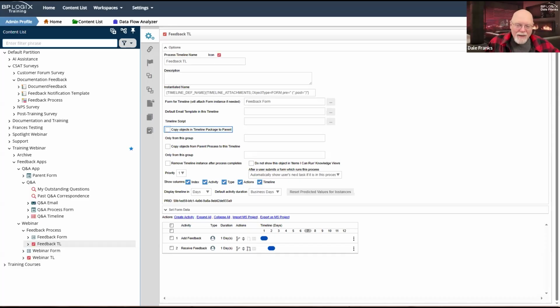But then you decide to let some sort of junior dev play around with your feedback process. And they have access to all of the instances of the feedback process. So if these two buttons are checked, now, if your permissions are set up right, this should not happen, but nobody's perfect and it can.